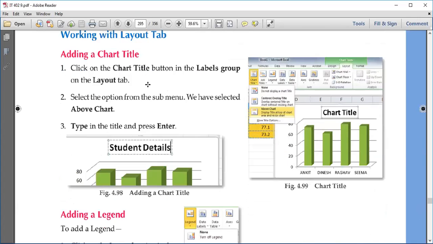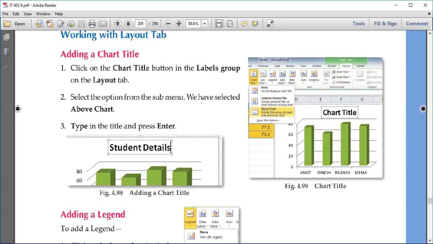Then is how do we work with the layouts? In layouts, I told you that we can change the layout from the layout tab. Like chart title, there is a tab from where you can simply change the layout of the chart. Layout में क्या है कि जैसे chart title में there is an option called none. If you click on none, this chart title which is coming on the top will be removed.